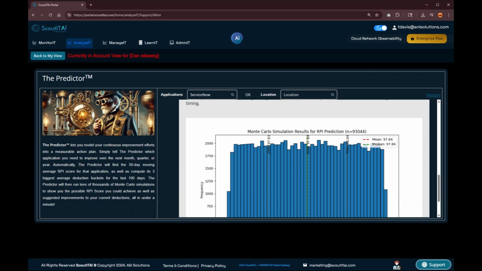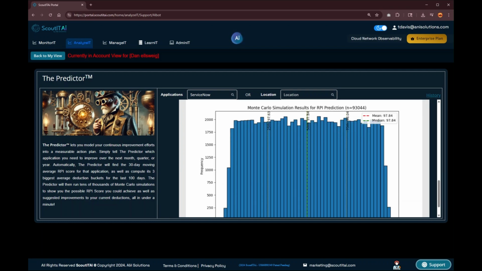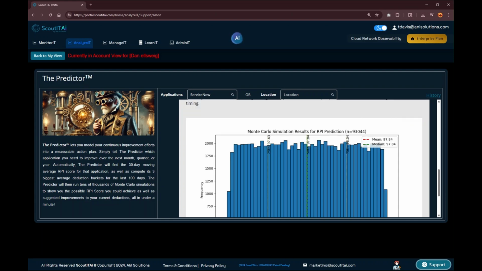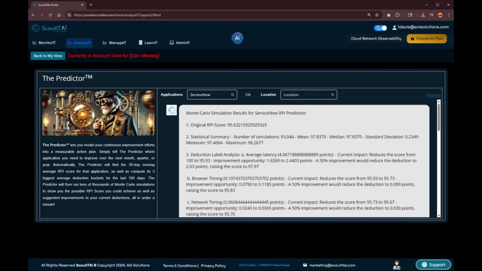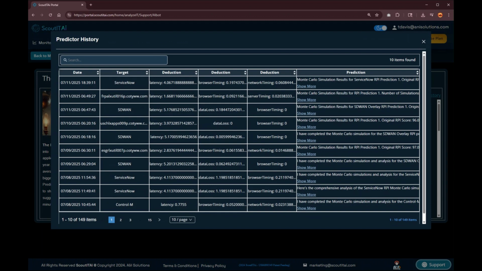If you go back to the nirvana of being in IT operations for your whole career, the ability to mathematically predict an actual percentage increase in a score for an application if you make a change is incredibly powerful. And that's what the predictor does. So please go out there and play with it. You actually have a history here, and it's sort of fun if you think about it.